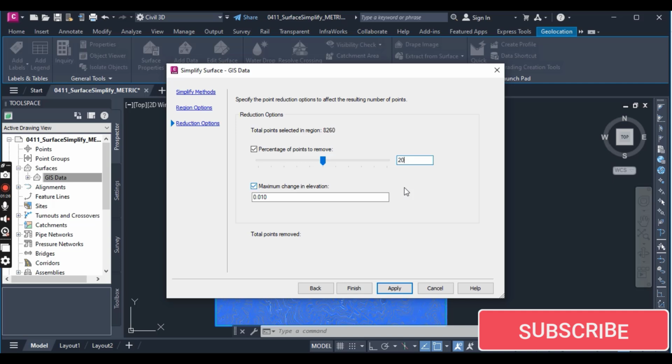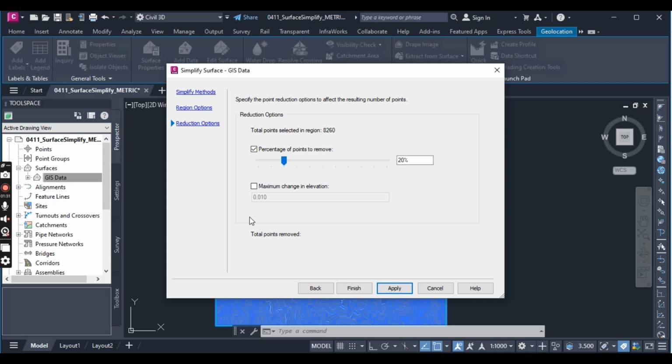and then deselect the maximum change in elevation option. This value is the maximum change allowed between the surface elevation at any point before or after the simplify process has run. Now click apply. The program will process the calculation and display the total points removed number, which you can see here, total points removed. So note that every time you click apply